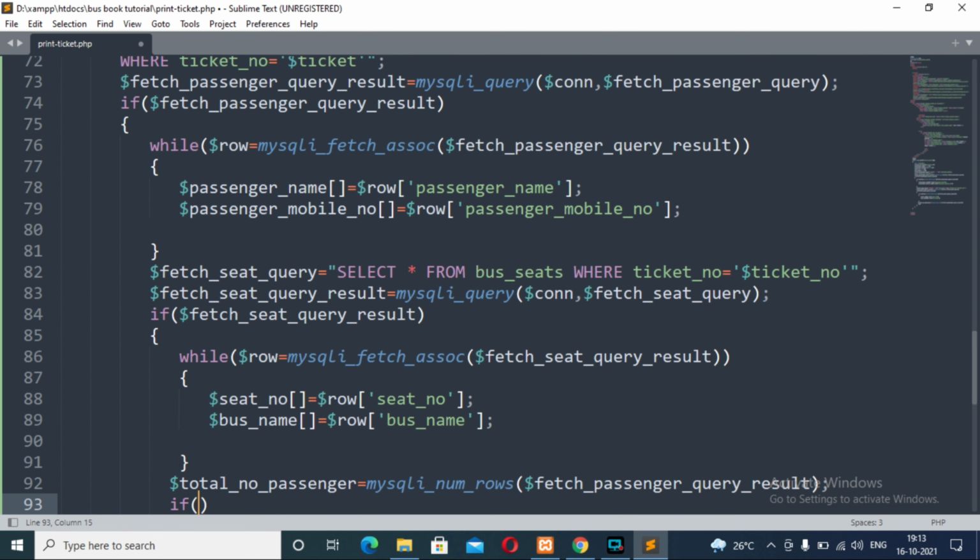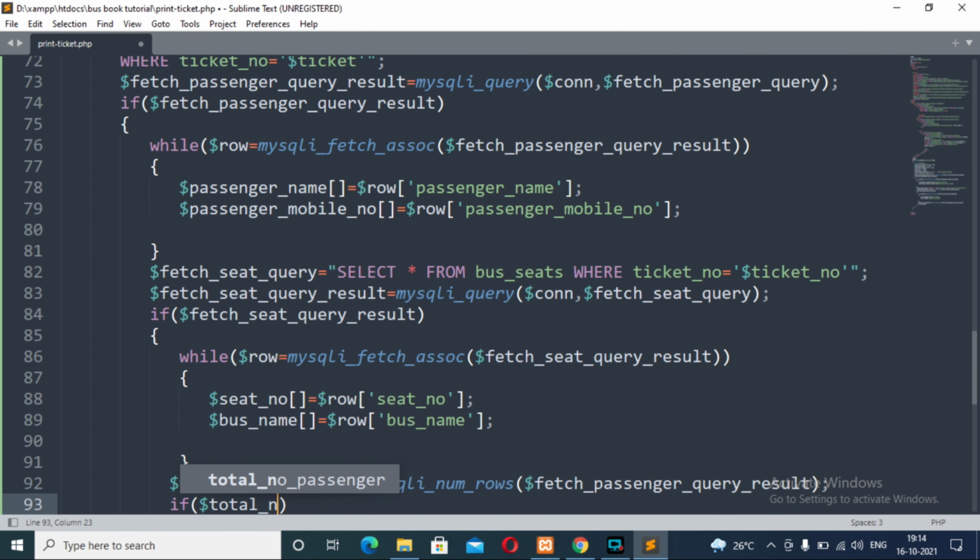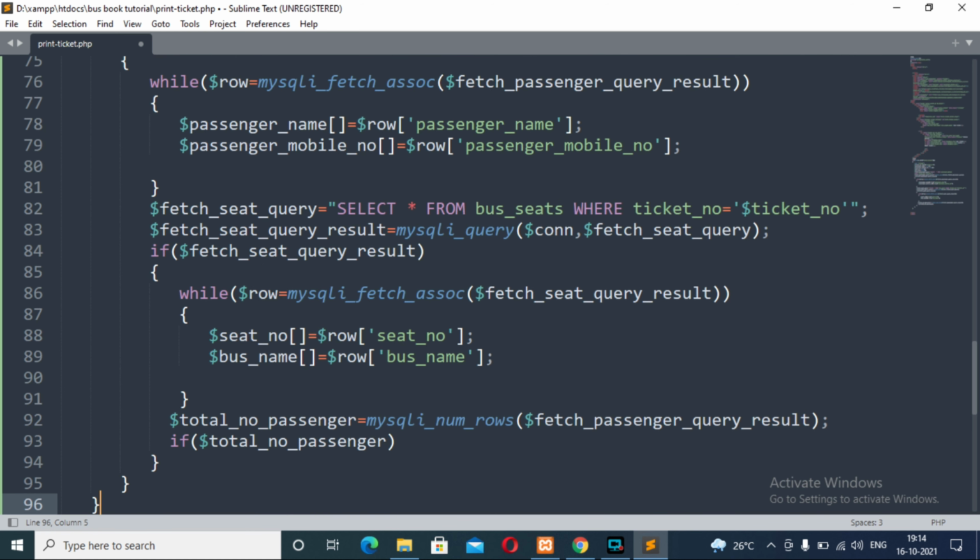Now, if total number passenger, one more thing I would like to tell you, that you can also fetch the total number of rows from database using count method of SQL. Okay, but I am here doing by PHP method. So if total number of passenger is equal to 4,